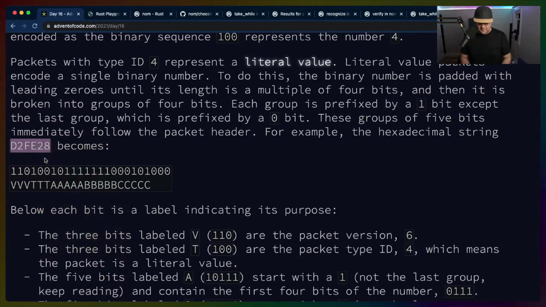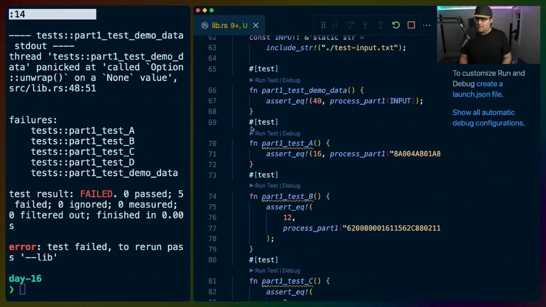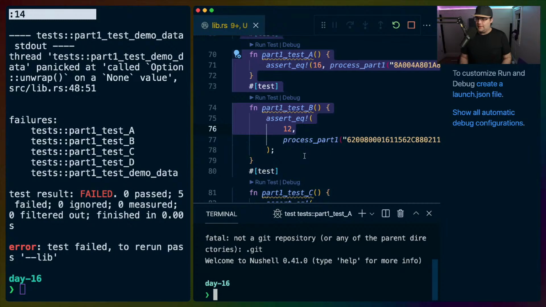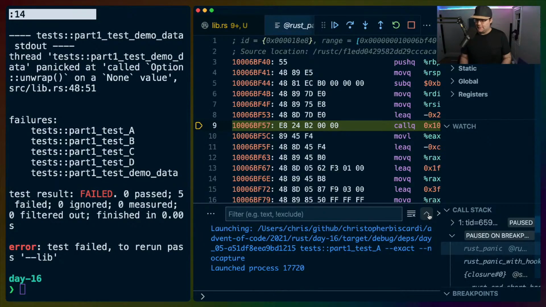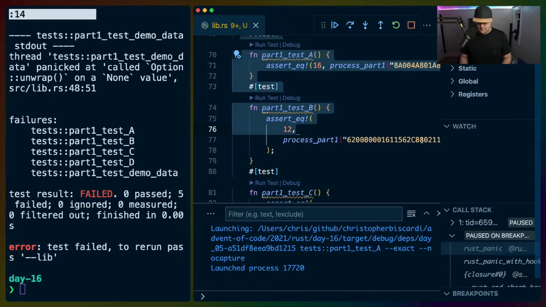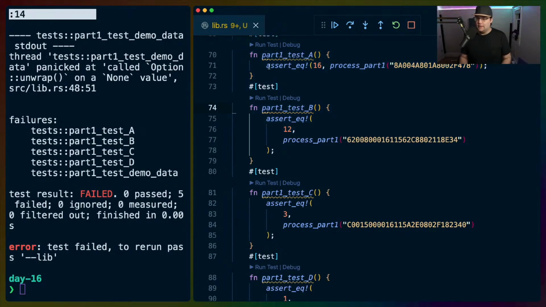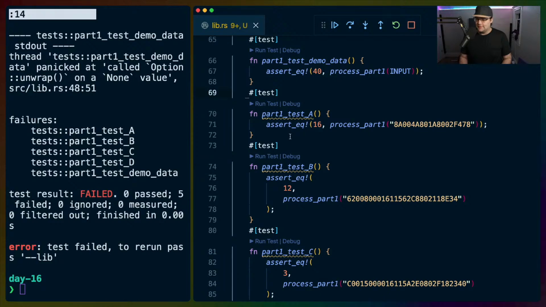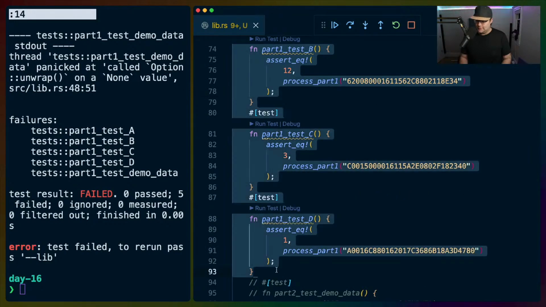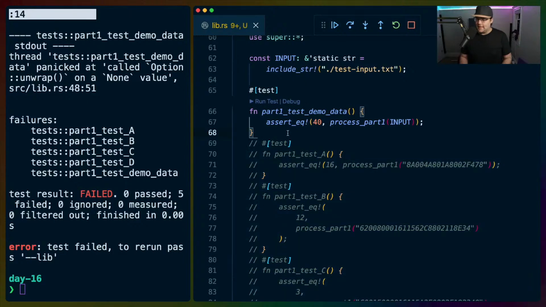Let's do this. Let's pull this one in. And let's get rid of these for now because they aren't serving us. Why did I click that button? Close. Get rid of these call stacks. We don't need call stacks. We don't need a debugger. We don't need to be running these tests like that. So these are the fuller tests. And instead, what I'm going to do, part 1 demo data, let's get rid of that one too,